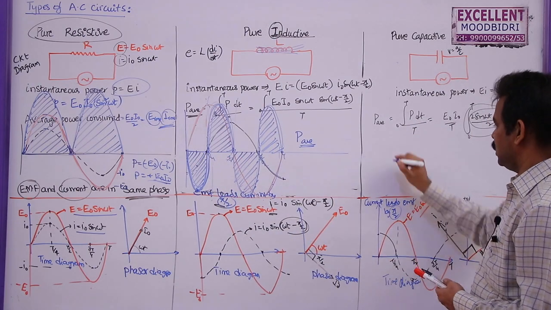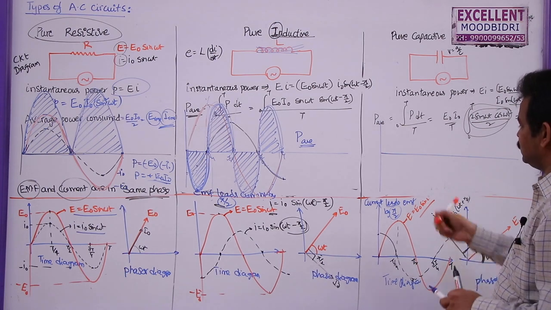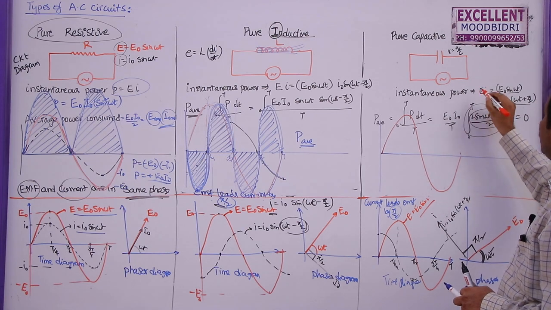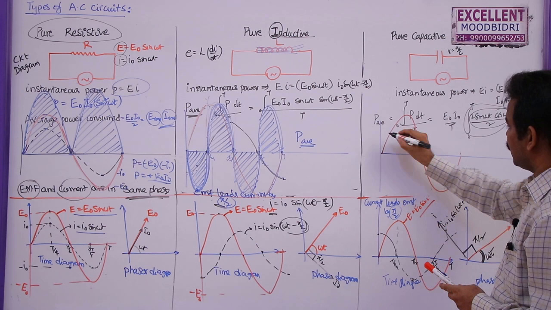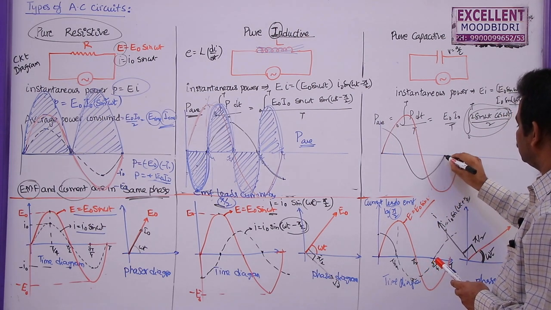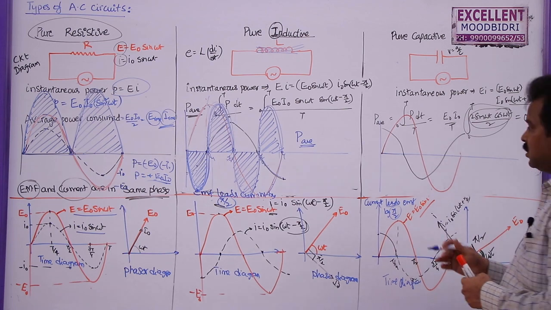Now in the third case, this is the circuit. Here EMF is as it is. So I am showing this EMF variation like this. This is the EMF, E is equal to E naught sin omega t. And current is represented by, here current is leading and it will become 0 here. Maximum, 0, maximum like this. Now multiply this EMF with current to get the instantaneous power.